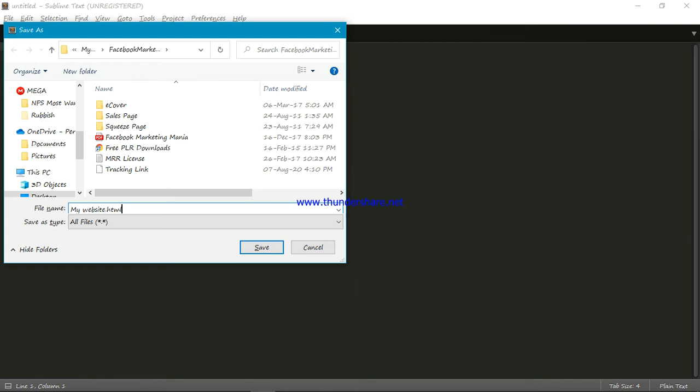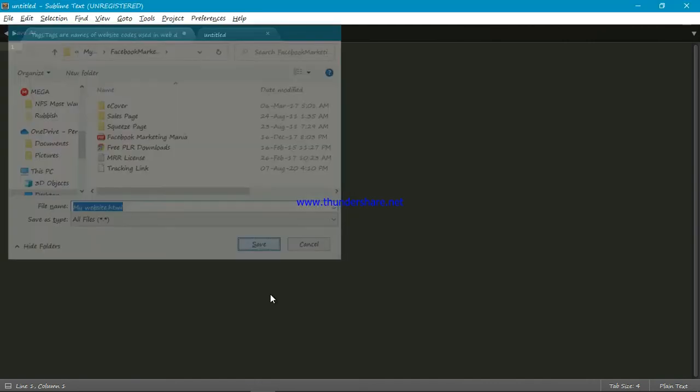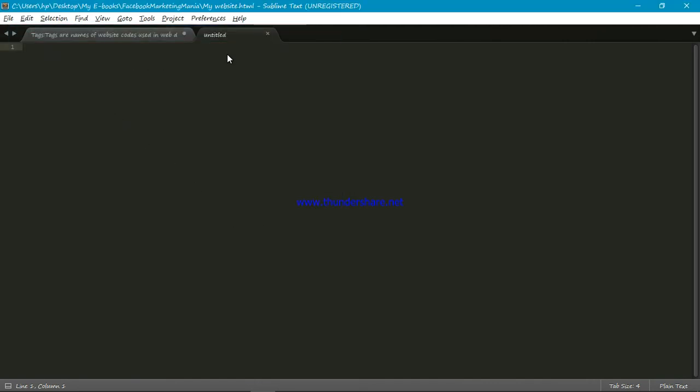And if you want to see the result of the codes that you used in making your website in HTML language. So let's start. You save this file as my website.html. Save it. So once you've saved it, the application will already take note of the codes that you just want to start using. So one of the codes used in HTML language, which is still a tag,